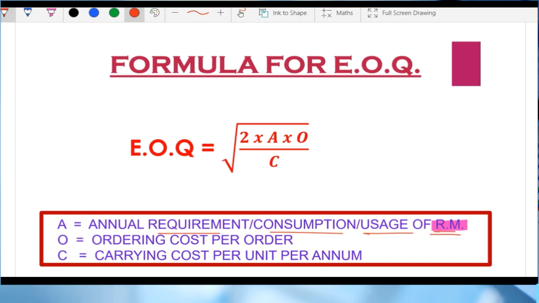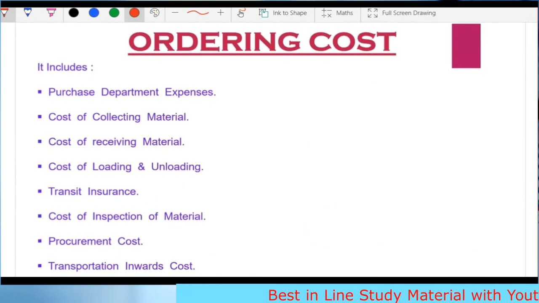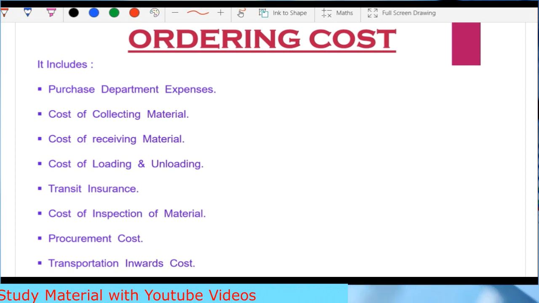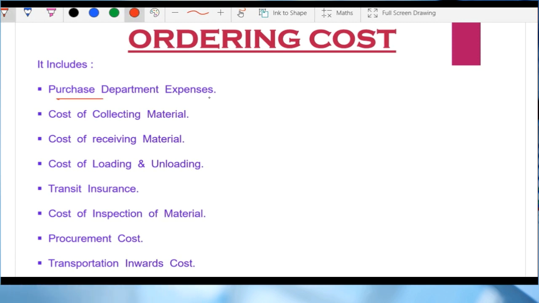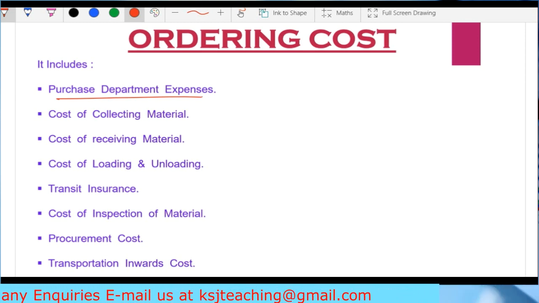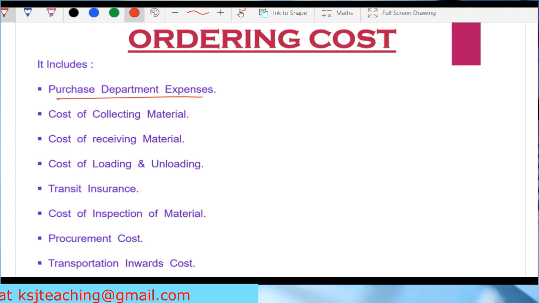Clear? Sir, what can be the ordering cost and carrying cost? Sir, give some example. Let's see. See, now we look from the business point of view. What can be the ordering cost? Ordering cost includes the purchase department expenses. Sir, I have a separate purchase department where I have hired 2 or 3 people who are sitting there just for this purpose. Whenever we need the raw material, they will prepare the PO, coordinate with the supplier, and say, 'Sir, please send this raw material.' They will send the purchase order. Clear? And I'll be paying salaries to them.